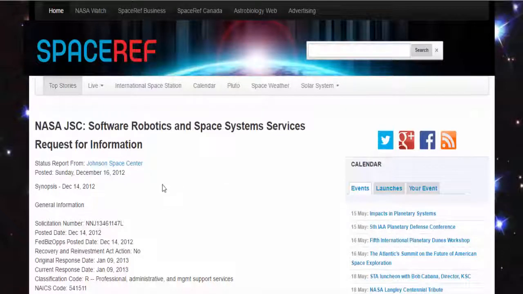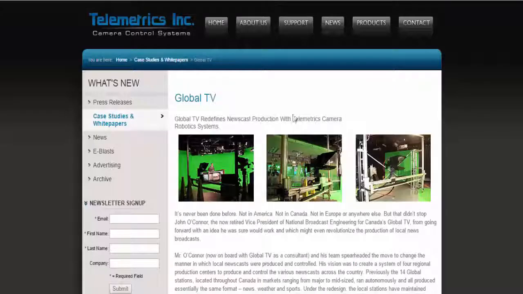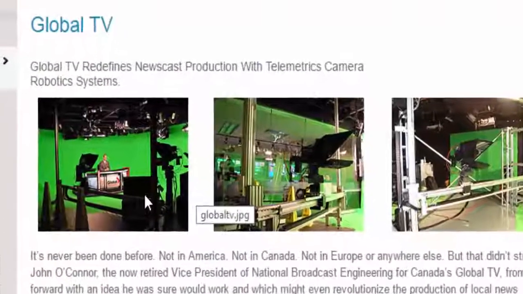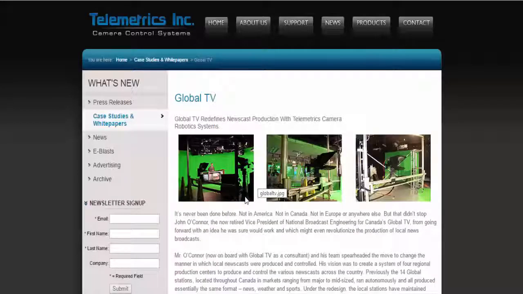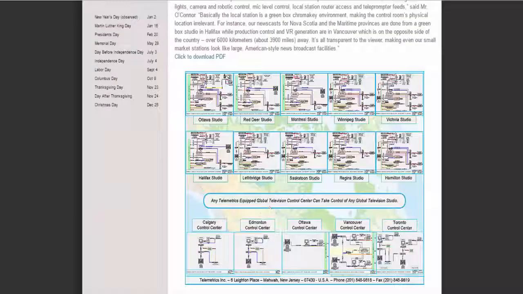And so I'll put this link in the description. They found a company called Telemetrics. Thank you, Debbie Jeran, for bringing this to my attention. After I researched this, lo and behold, I found out our government has a contract with these people. And Telemetrics, basically what they do is they help news teams and they bring broadcasts together in real time, and they're able to create sets, cities, anything you want in a virtual reality world and make it look absolutely 100% real. They're also able to bring different people from around the world, put them in the same room and broadcast live, give them desks, whatever they need to make the broadcast. So it's a pretty amazing company.